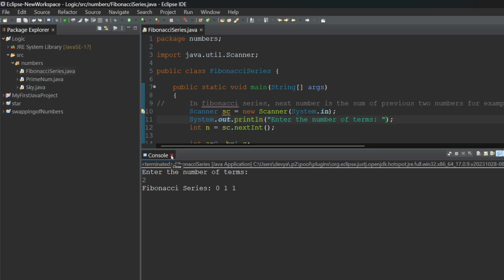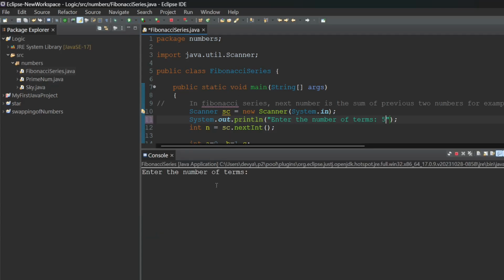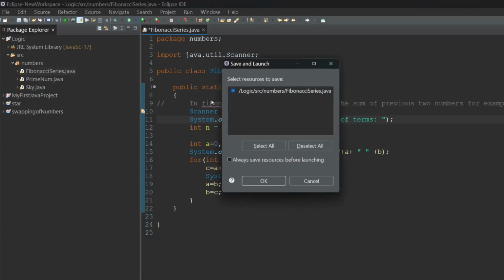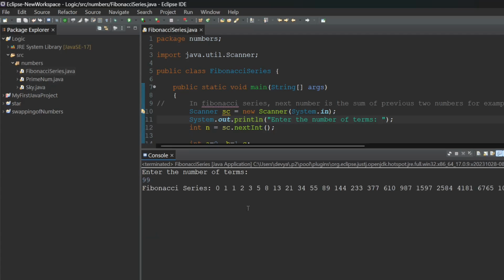See, the number of terms are 2. Fibonacci series is 0 1 1. We have taken i less than or equal to n, so our number of terms are coming more than 1. Okay, because if we ask for 6 it is giving 7. Okay, if we give in the program that i is less than n, so our output will be the same.